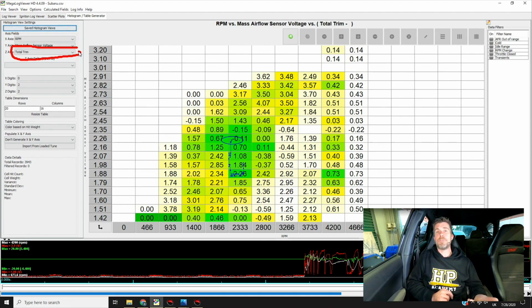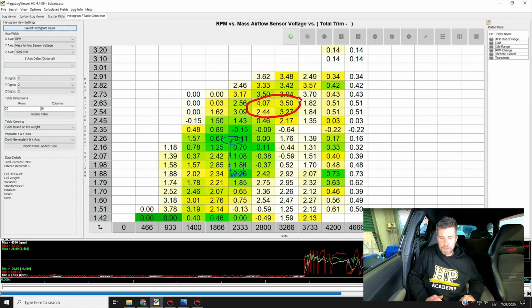Remember, that's our air fuel ratio correction, our short term plus our long term fuel trim, the total amount of trim. If everything is dialed in really nicely, what we should see is a table that doesn't look too dissimilar to this. Basically, everything should be within perhaps plus or minus 2 or 3% of 0, which is essentially what we've got. We've got a few outliers here around sort of 3.5%, 4%, but probably nothing that I'd be particularly worried about.